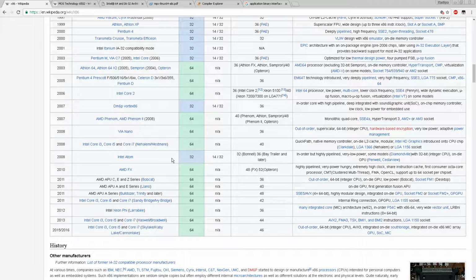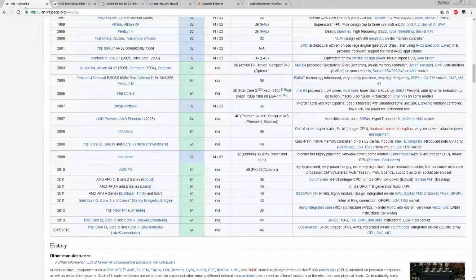But what I want to show you is the actual assembly instructions. They changed, and there was an immense improvement in performance because of that. So, so you can understand how this development took place,